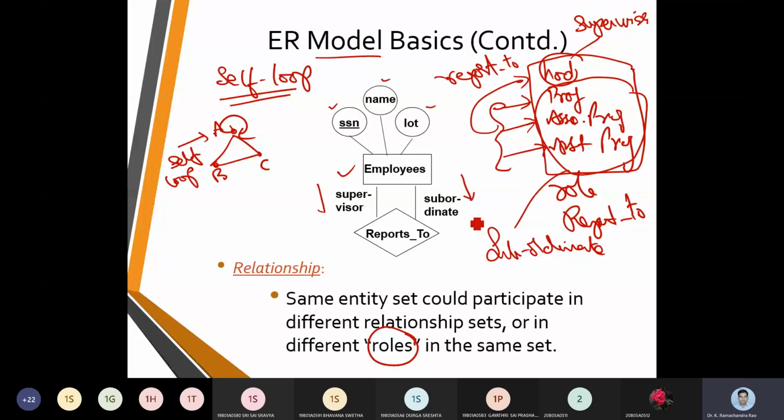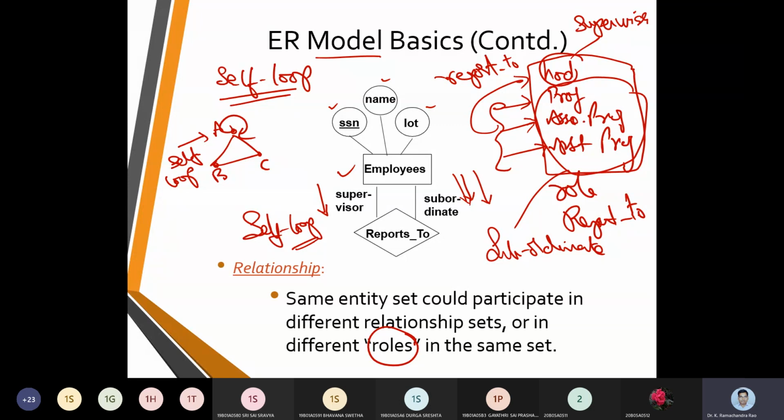That means the head of the department teaches classes to the second year, third year, final year. His subordinates also teach classes to second year, third year, final year. Head of the department works for the department. His subordinates also work for the department. So subordinates are reporting to him, and he is reporting to himself. What do we call this loop? We call such an element a self loop.